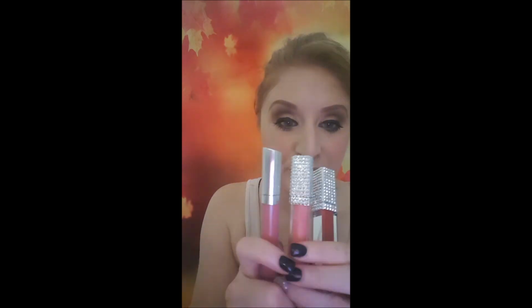Rubbing those lips together, just brushed my teeth. Got a clean, fresh mouth to put my lip gloss on. Another thing I love with Limelight is the lip gloss. Oh my gosh, it's so pretty. Seriously, the best ever. Now finishing it up with lip gloss and